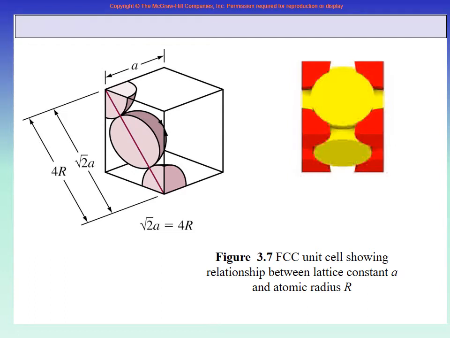So you see that if you look at a simple geometry, nothing very complicated, then based on the two basic assumptions that every atom is a sphere and atoms are touching each other, we can look at the BCC, we can look at the FCC. You should have a very good practice of very quickly drawing a cube, and in that cube you draw circles and so on, and you get the relationship.